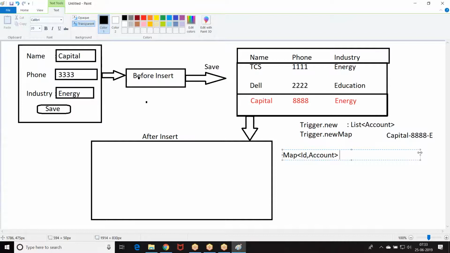Are you getting my point? It is after insert. The record is successfully saved. Because the record was successfully saved, the ID will be created. So that ID will be referred with the trigger.new map. Was that clear? Trigger.new is a list of records, trigger.new map is a map of ID, comma, S object. I hope you are good with this story. Okay. Now,